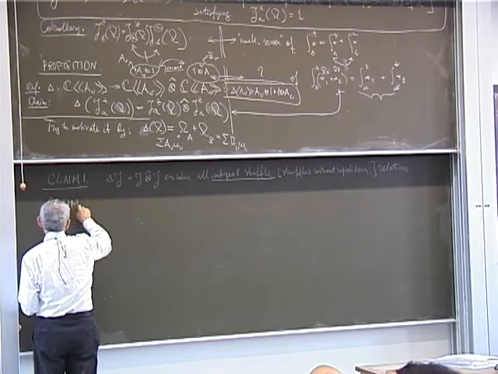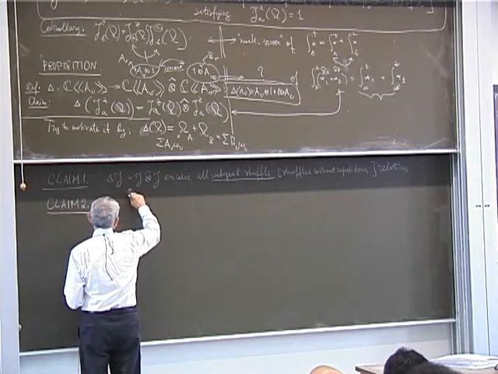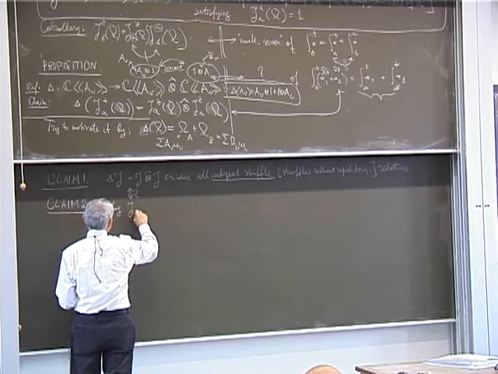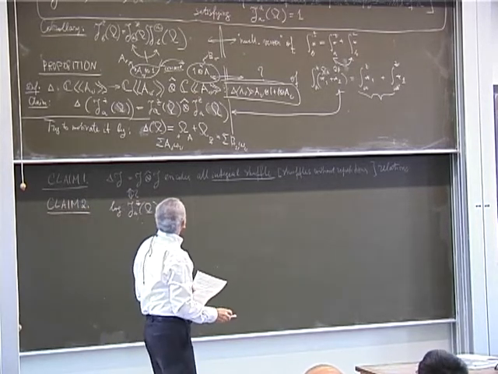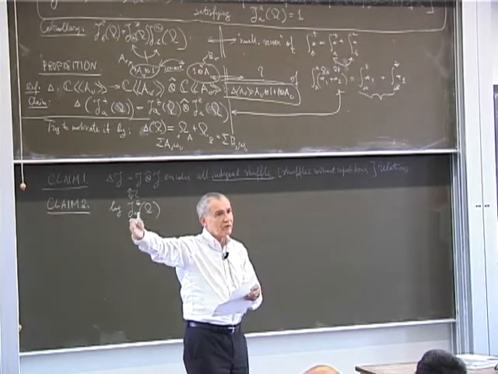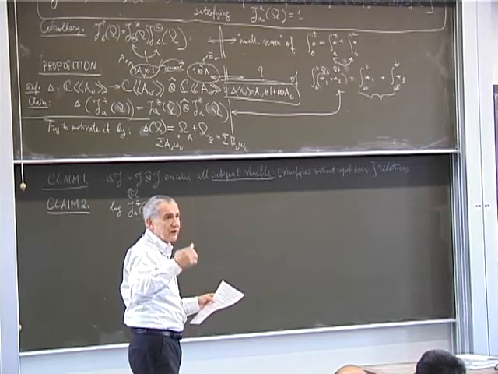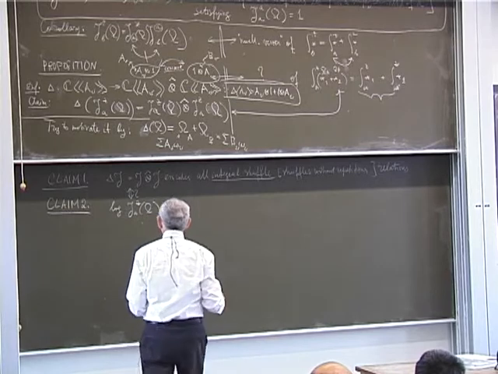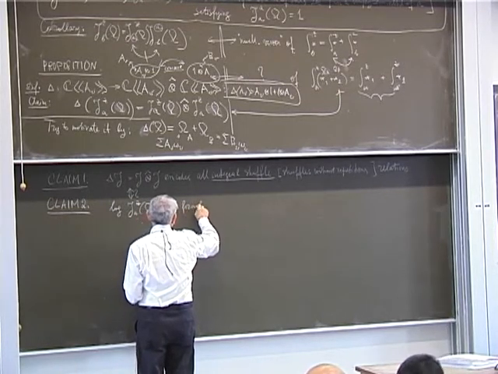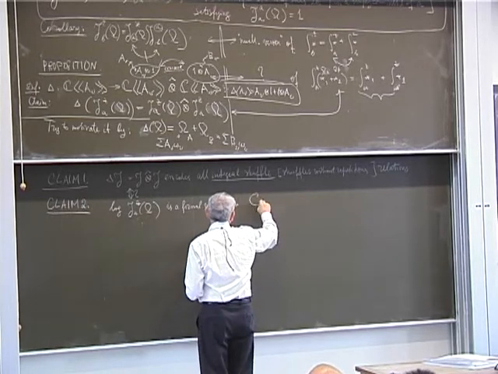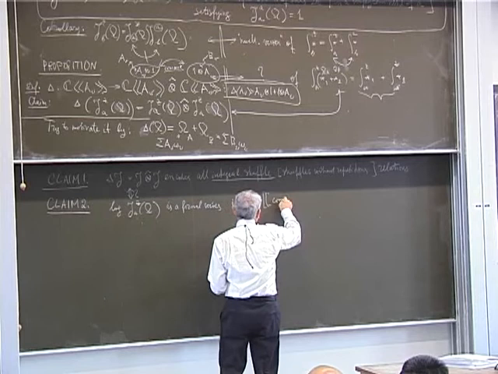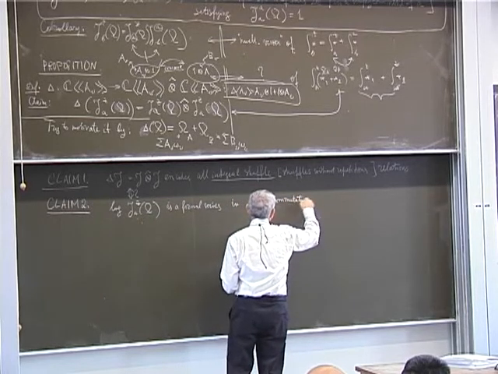And claim 2, the same relation is formally equivalent to the fact that if I write logarithm of J, and I can write it formally because it starts with 1, so the usual formal series for logarithm of J minus 1 converges in the ring of formal series in AV. And then this statement is equivalent to the fact that this logarithm is a formal series belonging to formal series generated by commutators instead of multiplication,